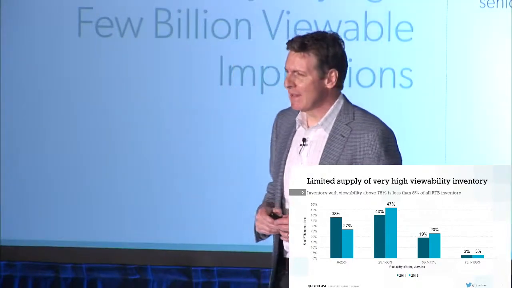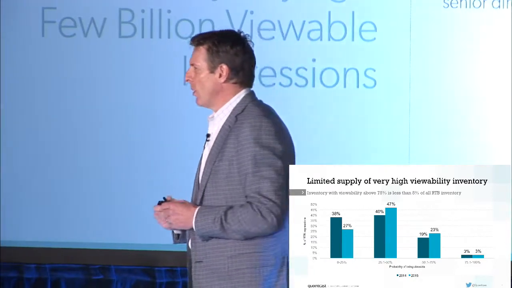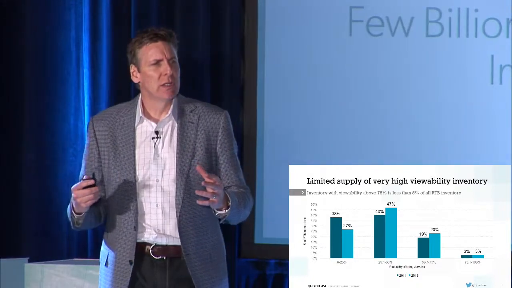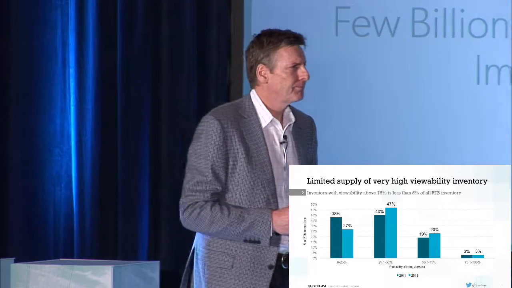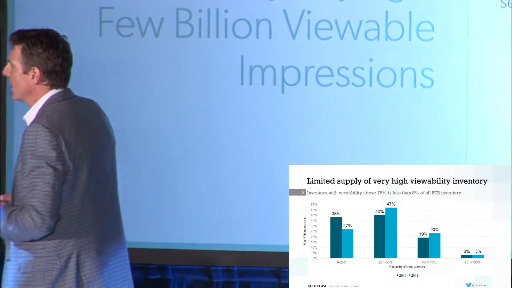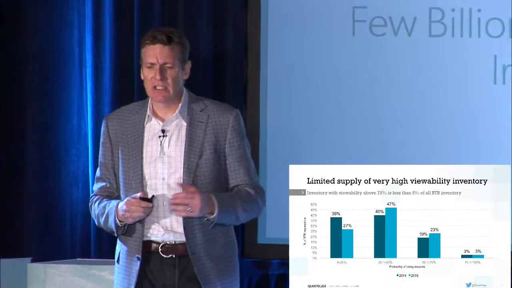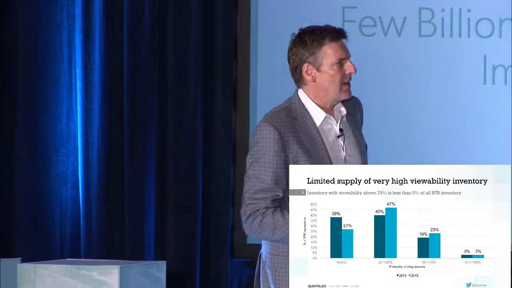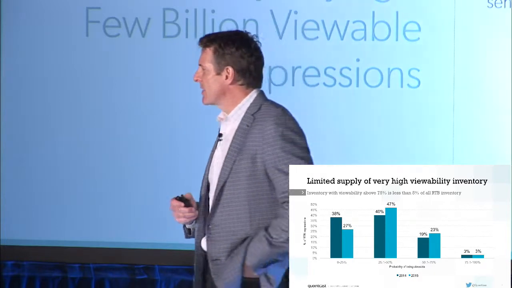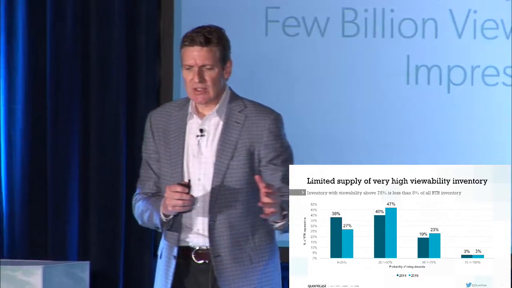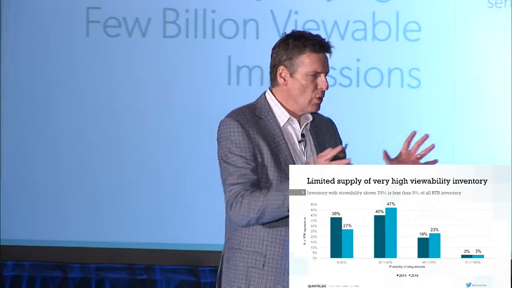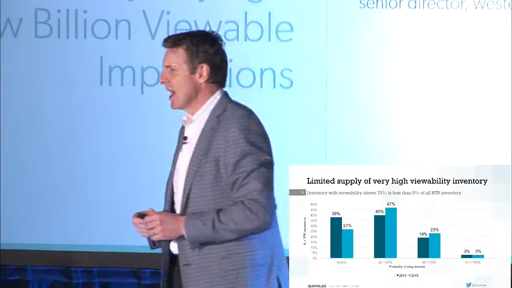So if you're working with campaigns and you're thinking of attaching a viewability goal of 65, 70%, 75%, just know that you're going to have a much limited pool of inventory to go after. And that has not changed year over year. What has changed, though, are publishers are making improvements in their content and their sites to make them more viewable. On the left-hand side there, you see the 0 to 25% probability of being viewed. That has decreased markedly. But those sites are being moved into the main category of 25 to 50% probability. So they're not yet moving all the way over to the right, but we think that's going to change.